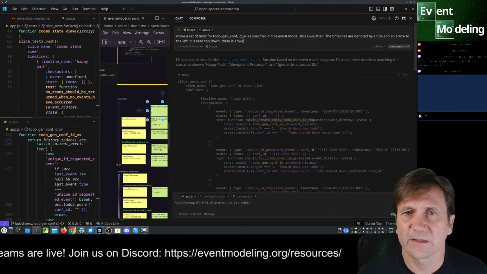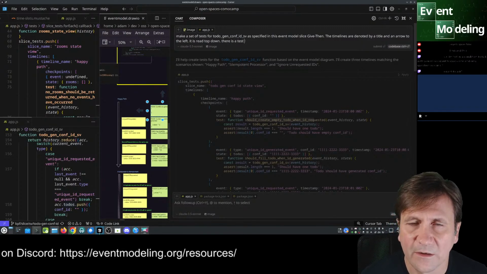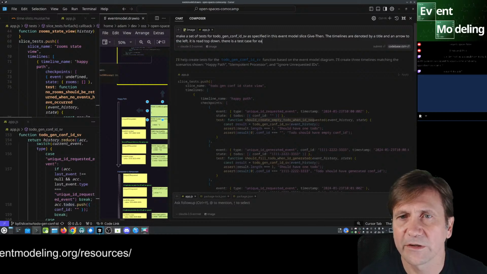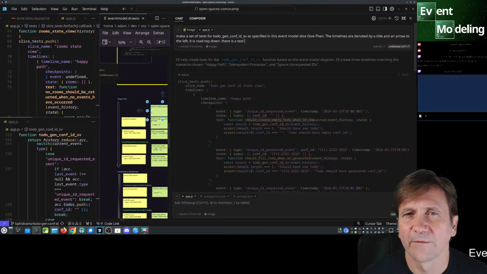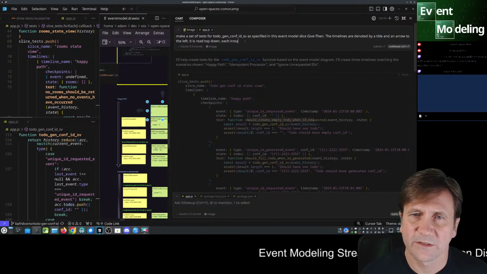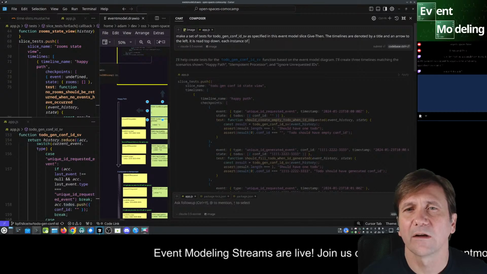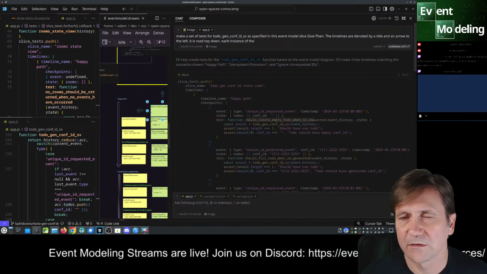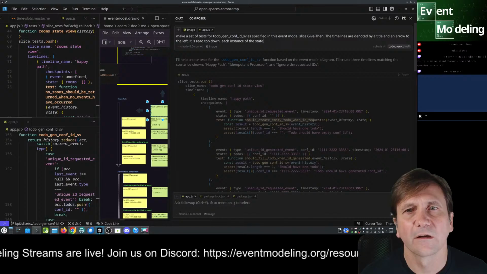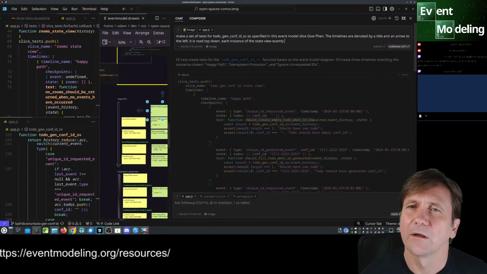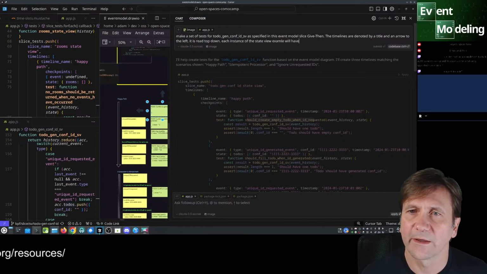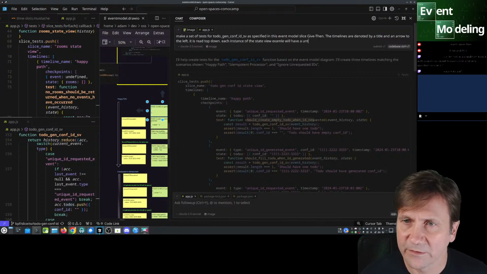There is a test case for each. Each instance of the state view example will have a unit test.